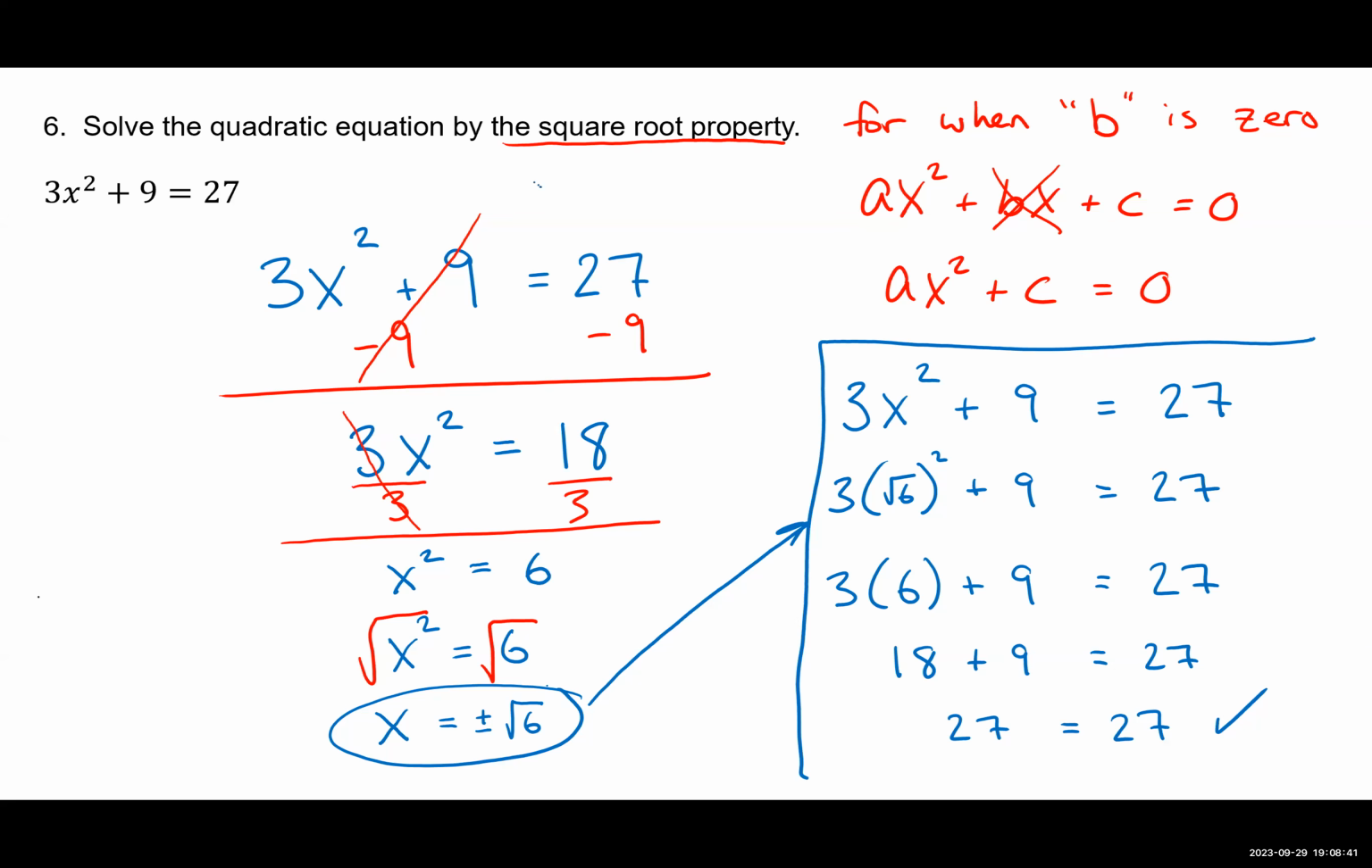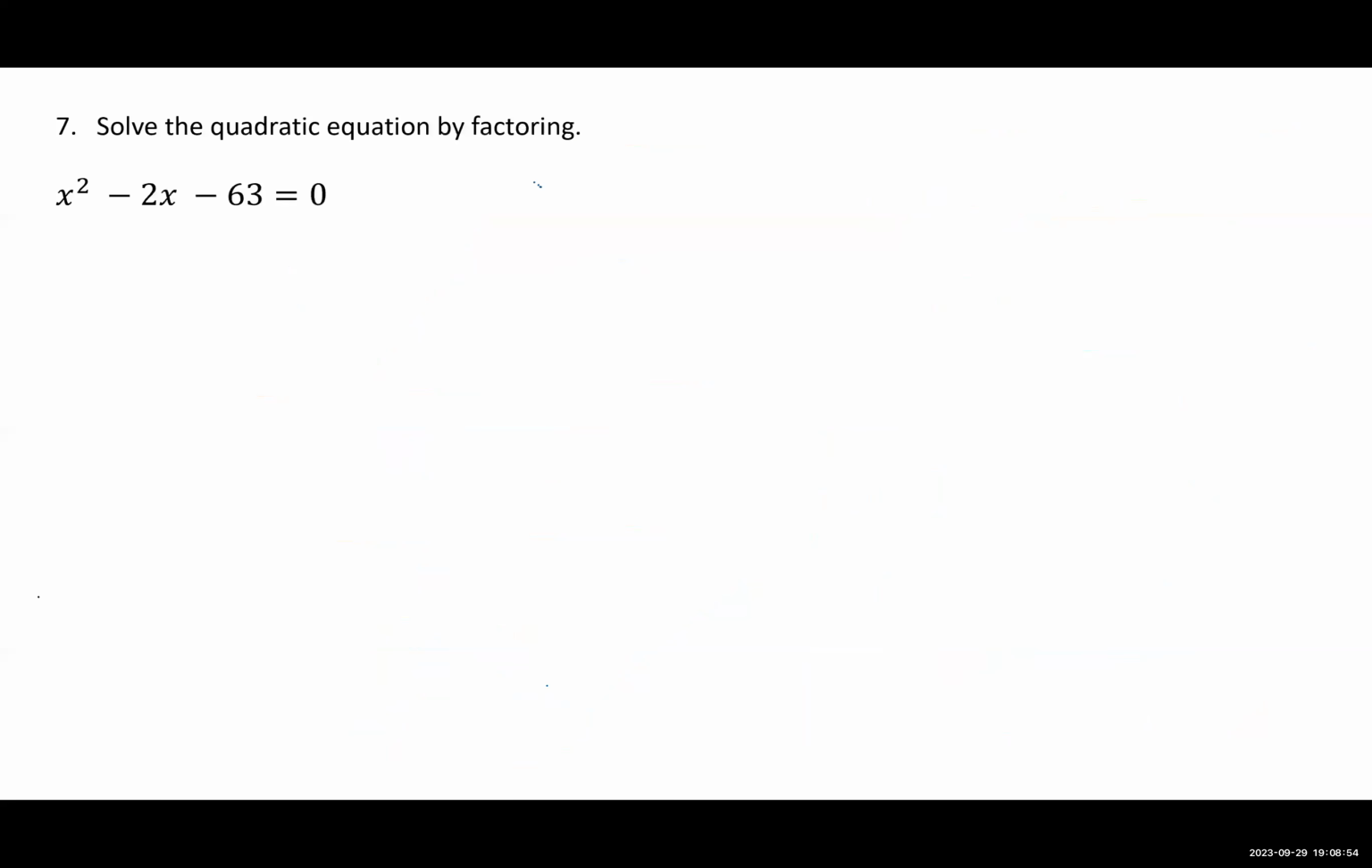Ideally, we use it when the b is equal to 0, or there's no term, there's only an x squared, there's no x to the first power. Okay, so that's one approach. Now, next approach I want to talk about, solve by factoring. Solve by factoring. Now, this method,